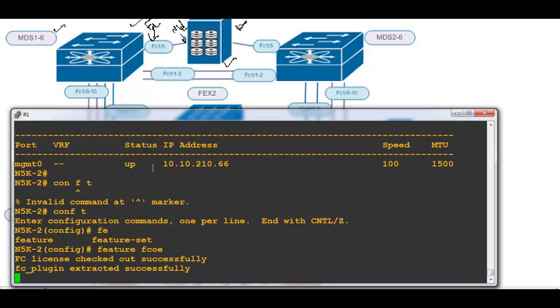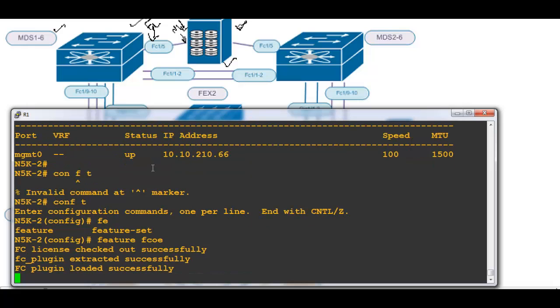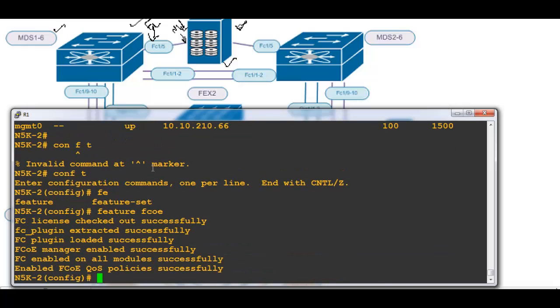As soon as you go, you put all those features there. You no need to worry about every section whether I enabled feature for this section, that section. Initially you do all those features set like FCOE, VPC, FEX, FCOE, NPV. All these are needed for exam. Initially you can put all those things and start configuring. Okay,